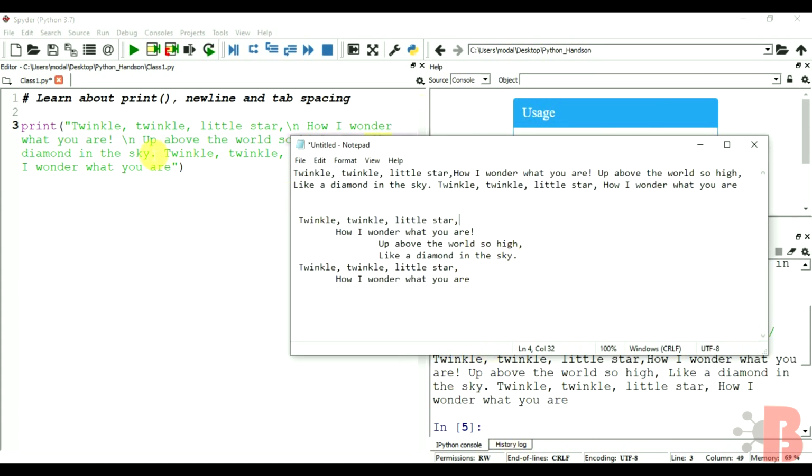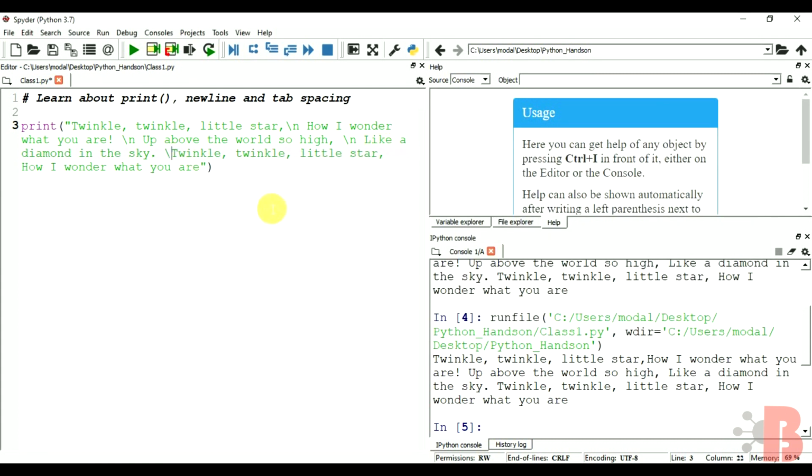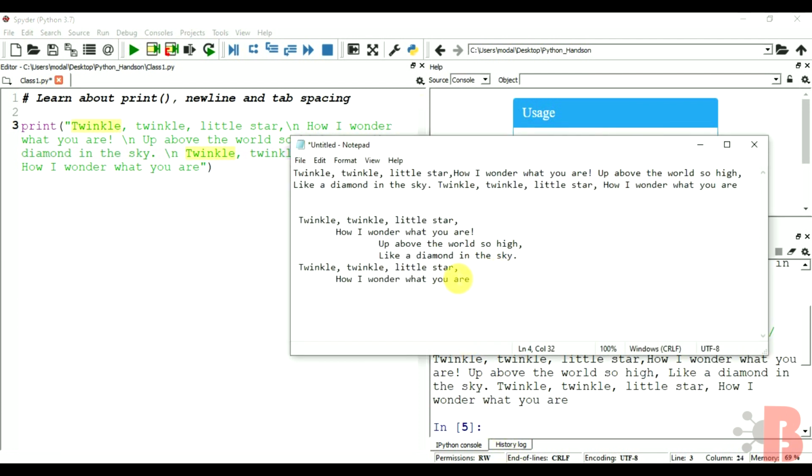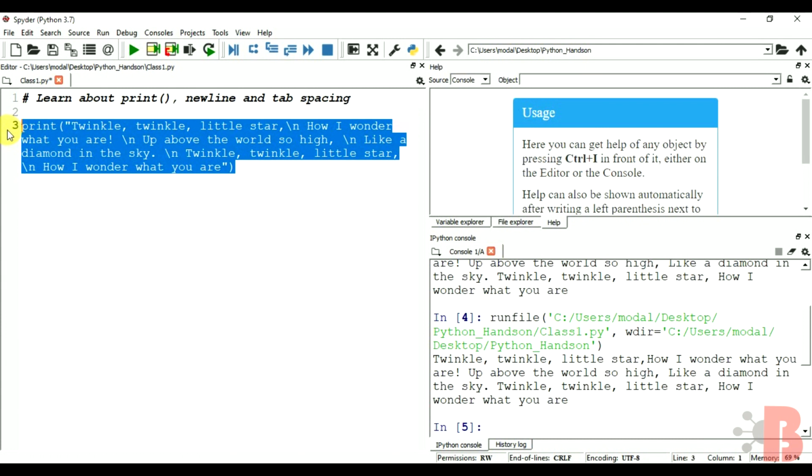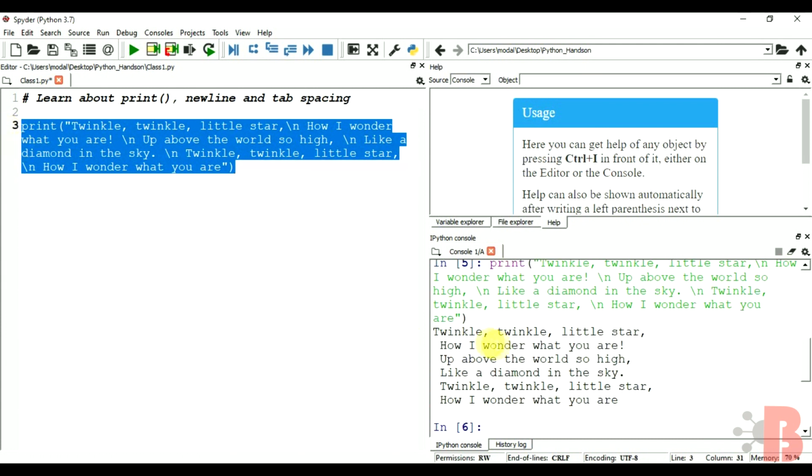After "sky" a new line. After "star" a new line. So now we have created a new line with the help of \n wherever we require a new line. Let us print this. See, now everything is printed in a new line based on our \n.